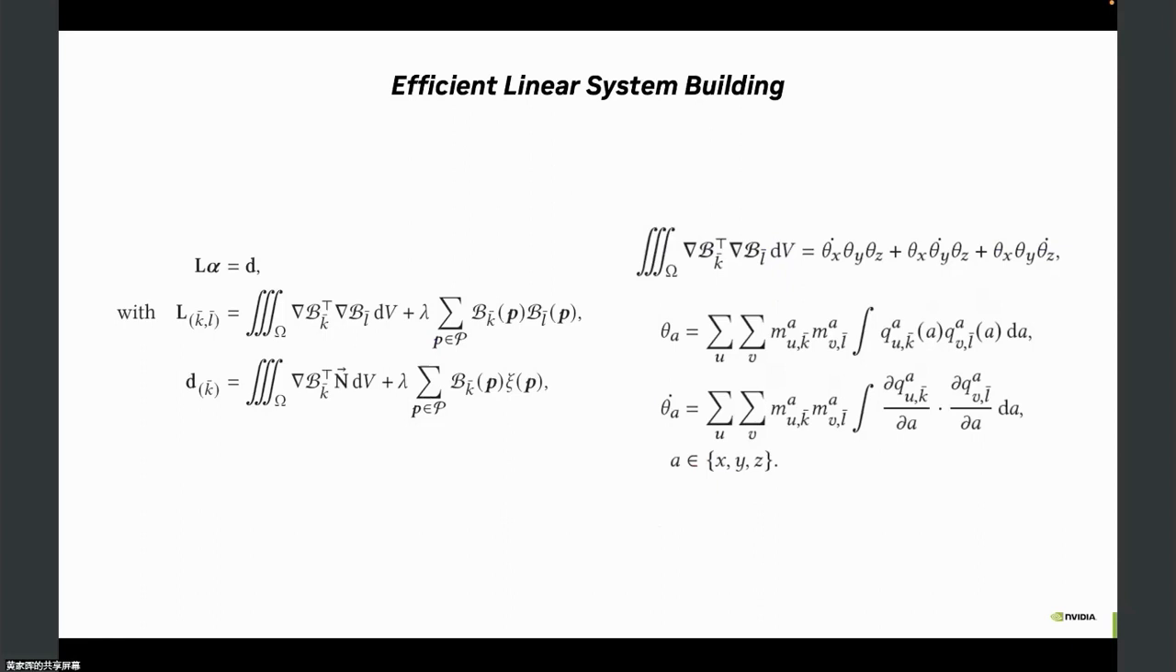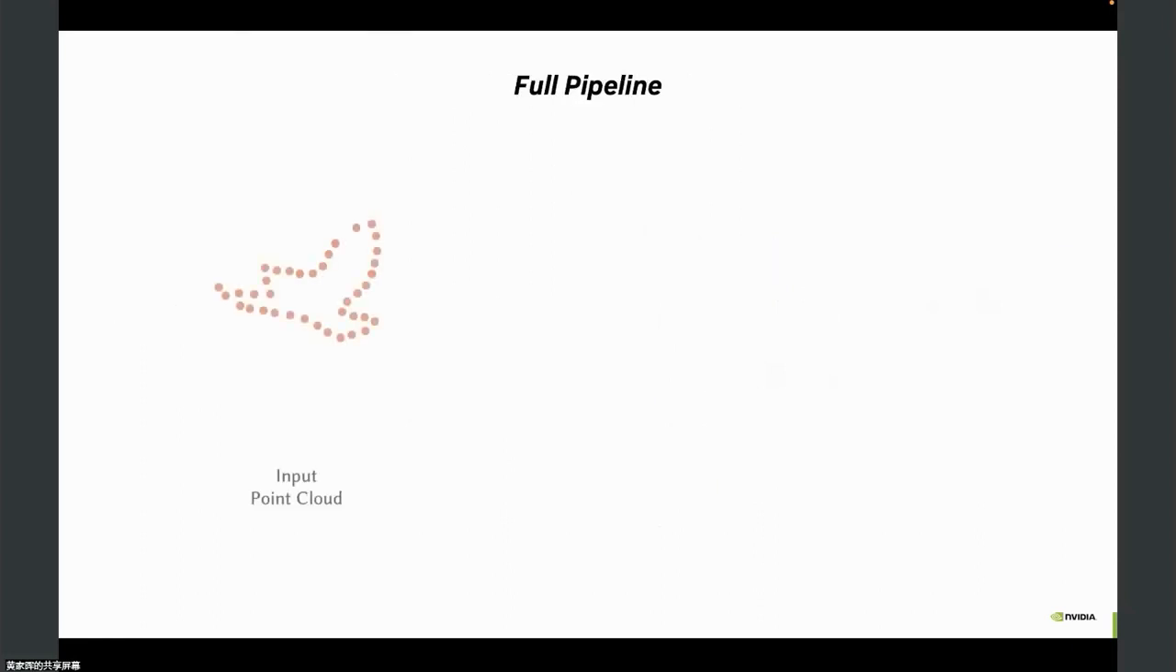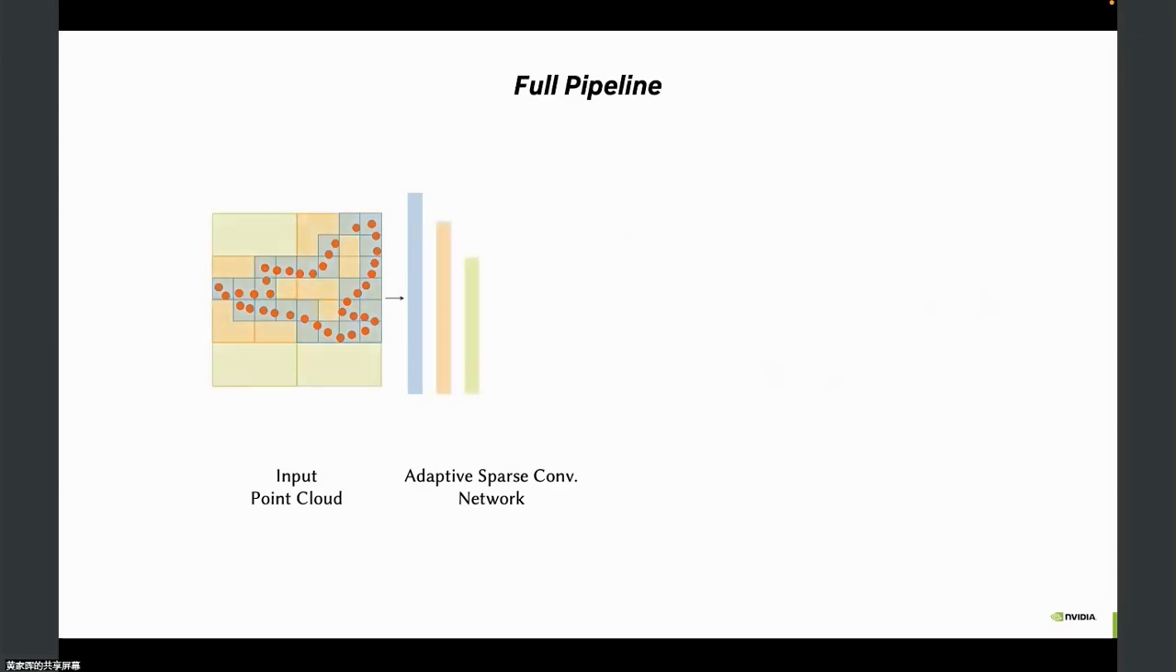So the entire framework goes like this. Given an input point cloud, we first pass it through an adaptive sparse convolutional network. This is just like a traditional UNet, but this UNet is more or less sparse, because if you want to perform a convolution in the 3D space,